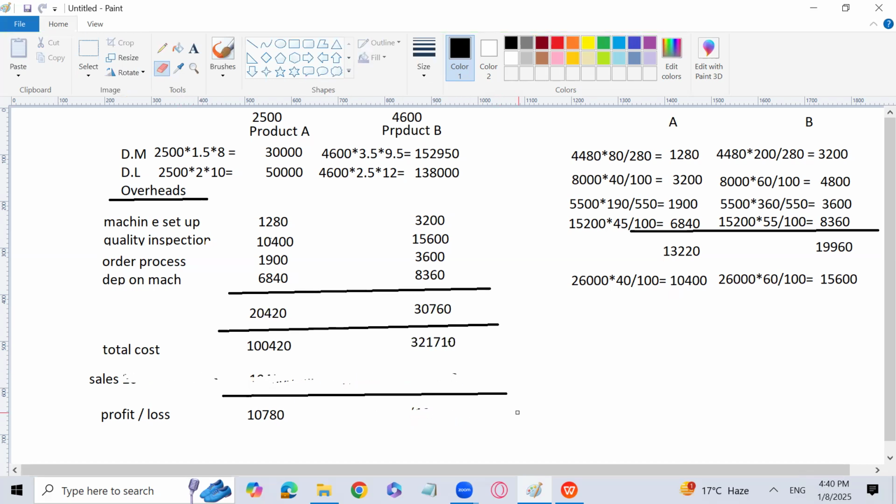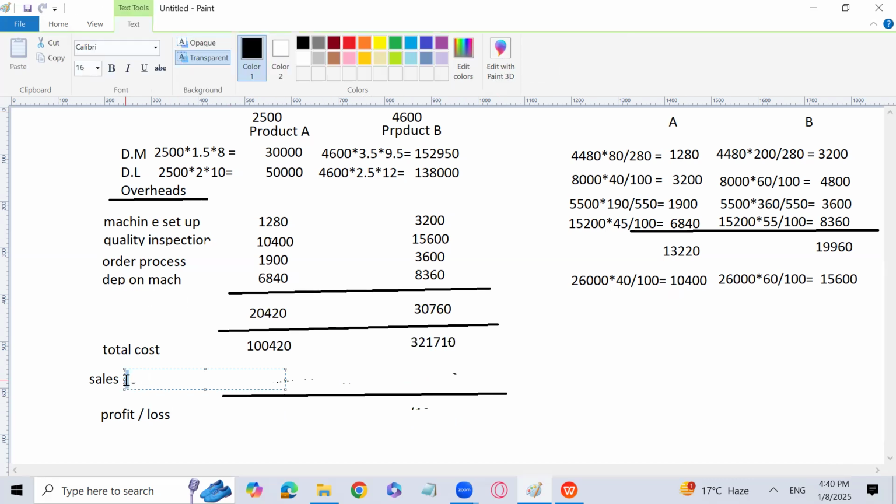now the return goods, the return products are not going to be sold as scrap. We will be able to sell them at a normal selling price. So 2,500 multiplied by 50, that will be now our sales for product A. 1,25,000, right? And for product B, we will be able to sell 4,600 units at a normal selling price, which is 72. 200. So we have now, for product A and for product B, a profit